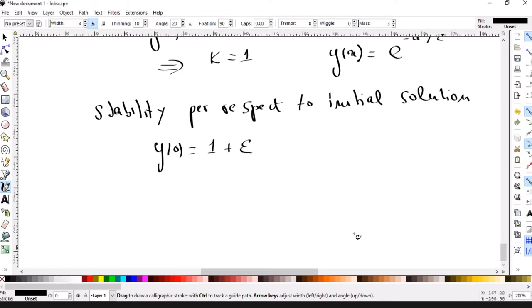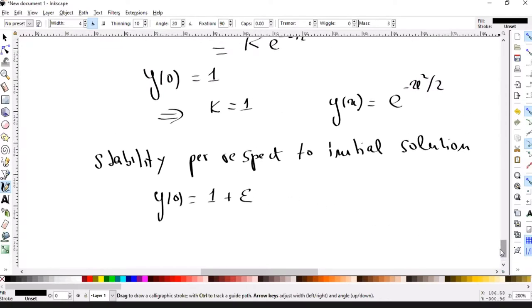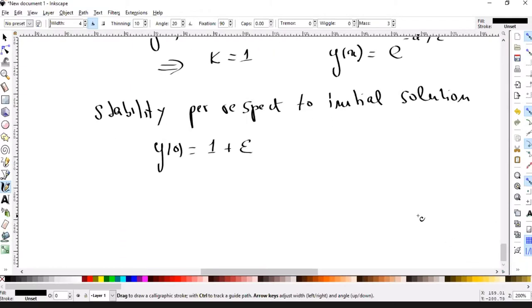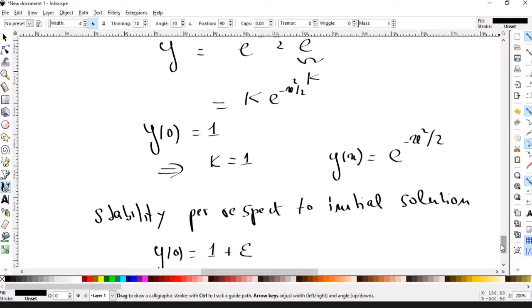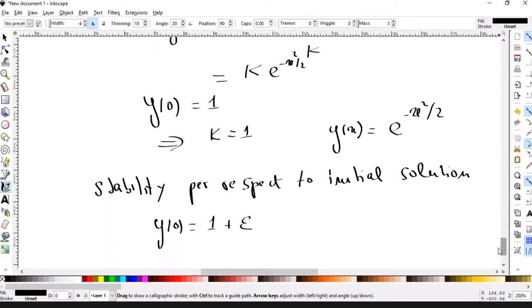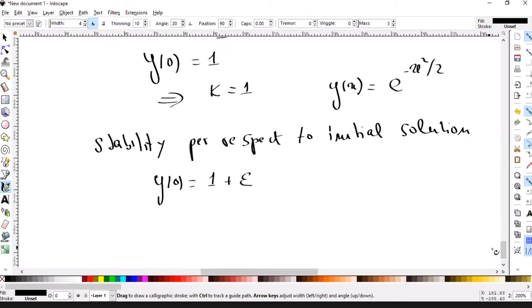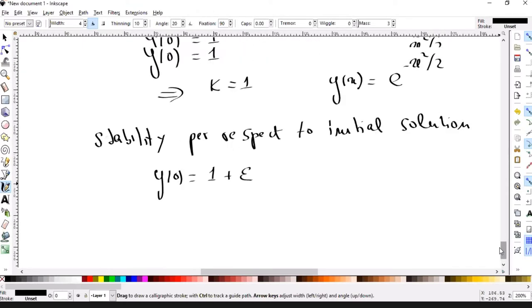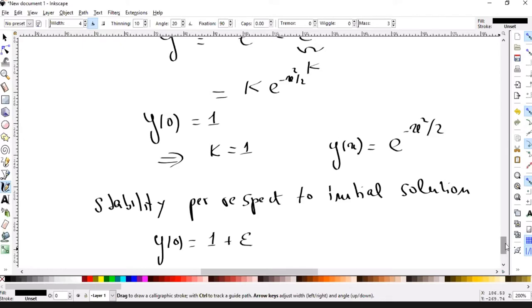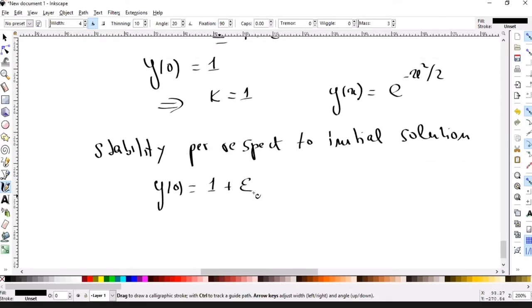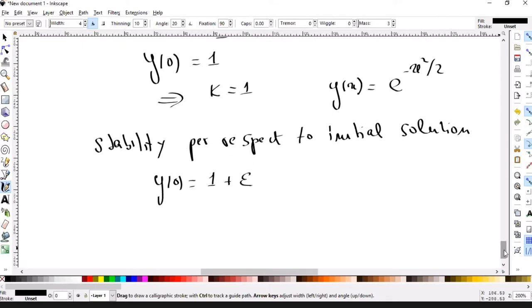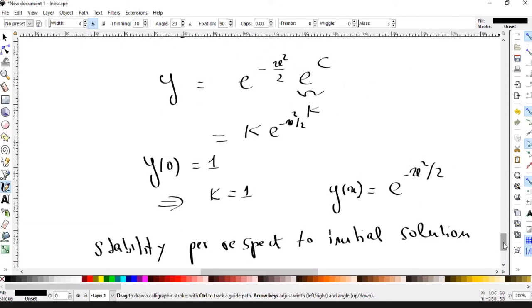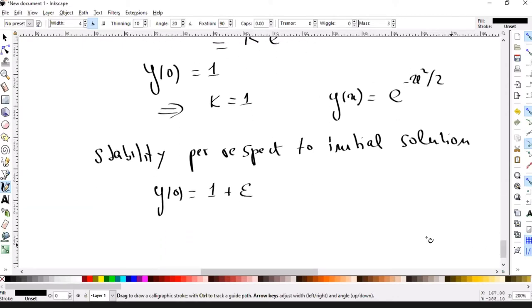So the initial solution is always represented in a computer with some round off error epsilon. So we want to see if the solution in this case will differ dramatically, or non-linearly, with respect to x, when we